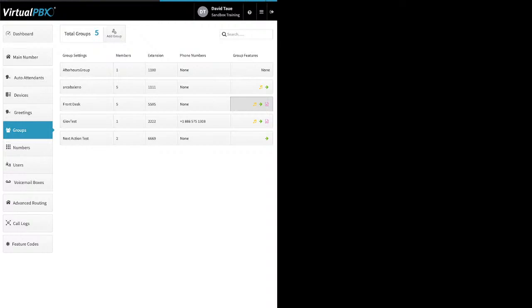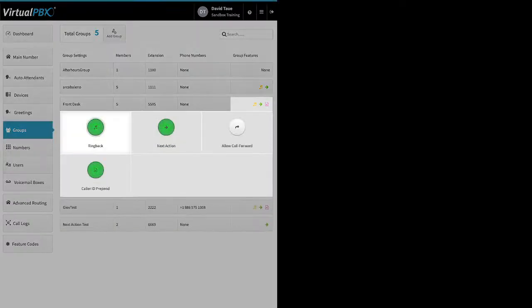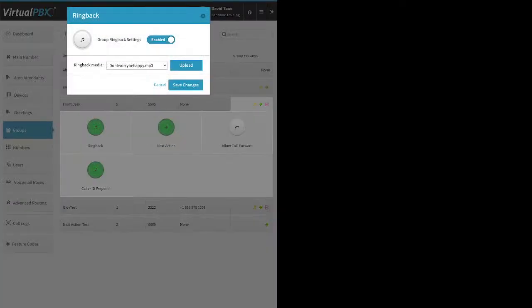All right, then there's group features. First up is ring back. So when a call comes into the group, we send it out to your users. When the system receives the ringing sound back from that device we're trying to reach out to, that sound is then piped back to your inbound caller, the ringing sound. If you don't want that ringing sound to be piped back to the customer, then you would